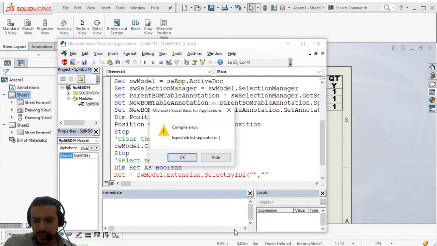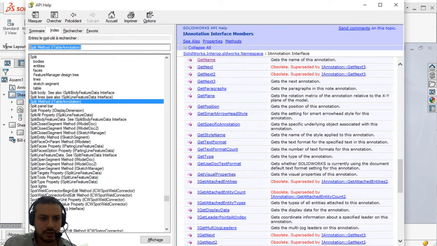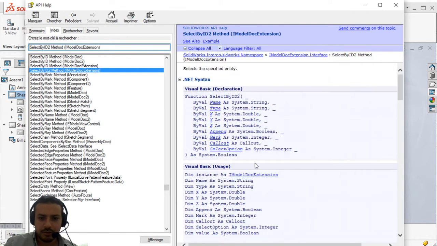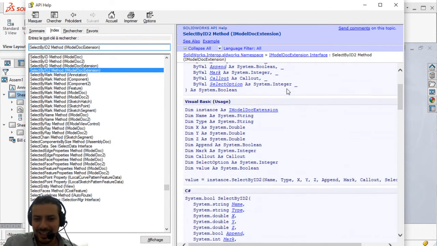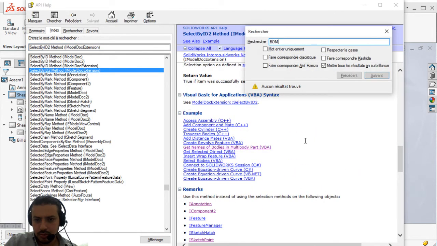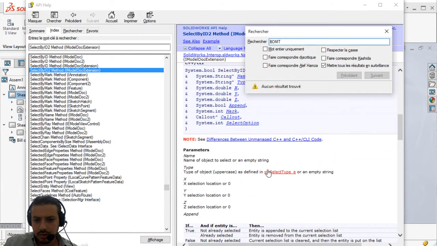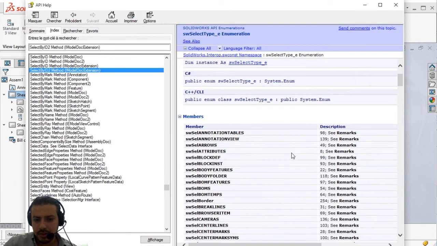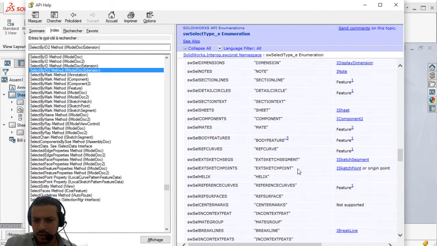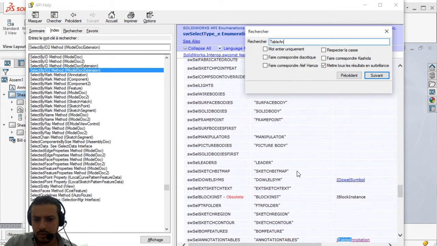Now we need to get the type. So I'll just go here, quickly look at select by ID2 because I don't really memorize them. I'll go to the select type and it should be somewhere down here. Table